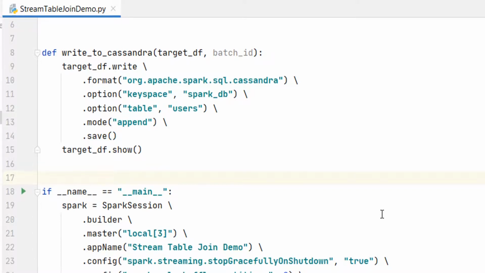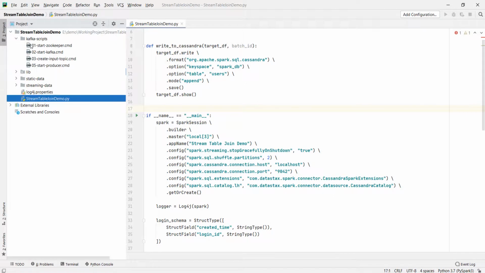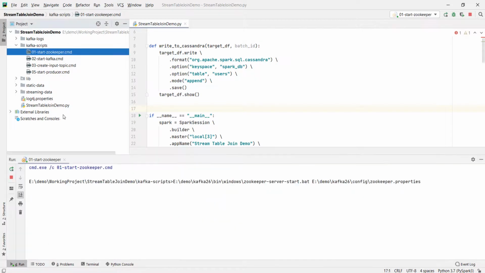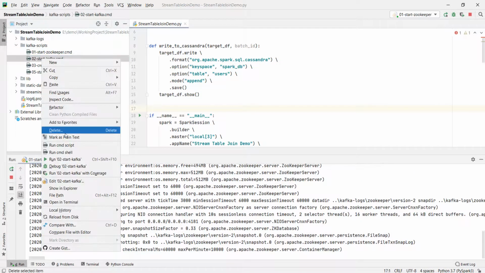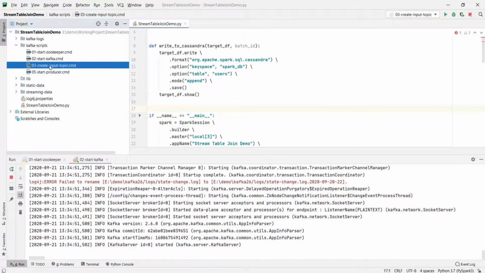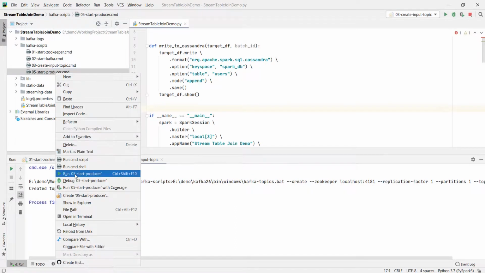Let me show you. We start the Cassandra cluster. Start the producer and send one input.